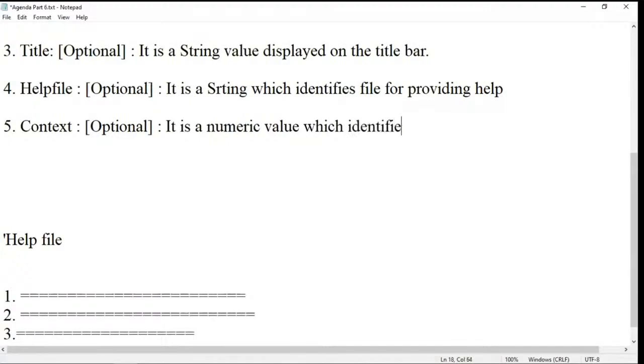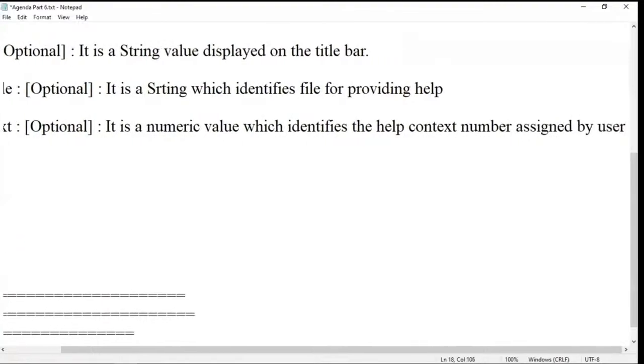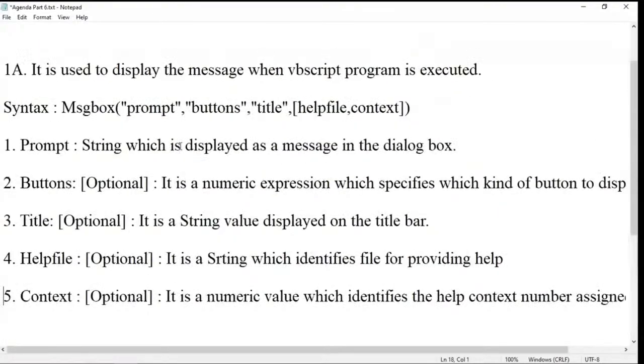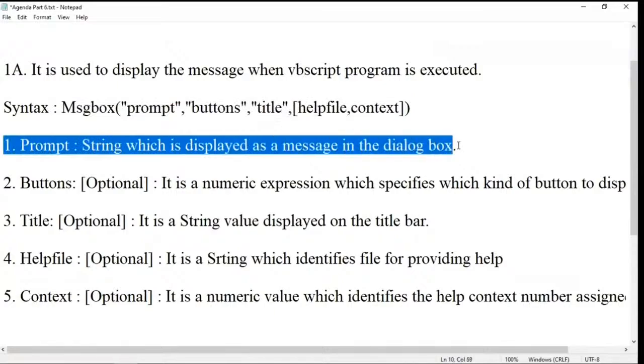Which identifies the help context number assigned by the user, right? So these are 5 arguments. Prompt is 1, buttons are the 1, titles,